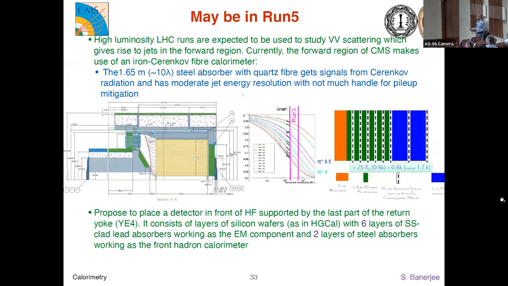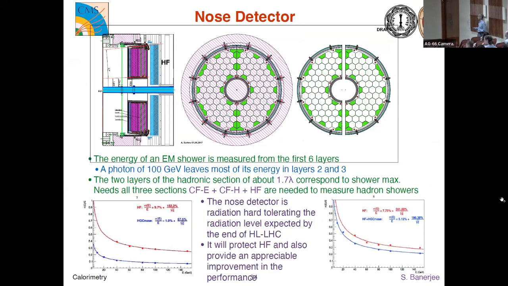There have been several ideas thought about, and I'm just focusing on only one of them: to have something like an HGCal, not as sophisticated as HGCal, but with only 6 layers in the electromagnetic section and 2 layers in the hadronic sections, covering eta up to 4.5. In addition, it gives the 10 lambdas of the quartz fiber calorimeter behind it, which will give a very good energy determination,